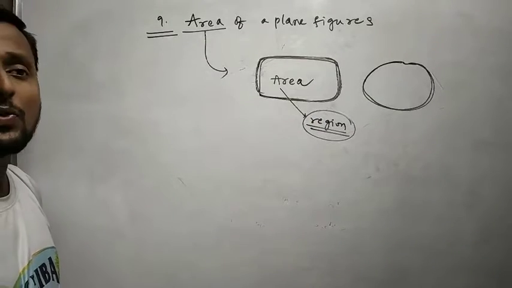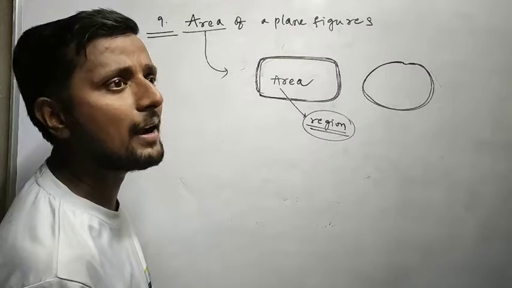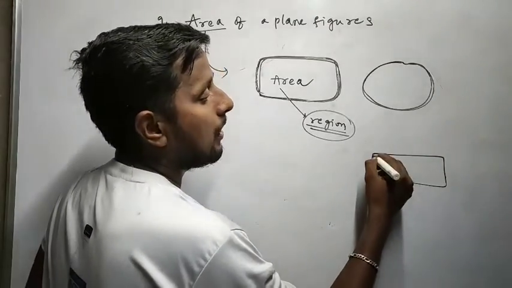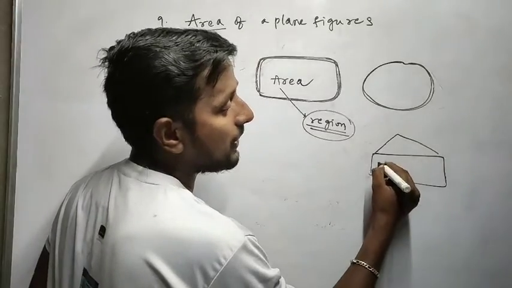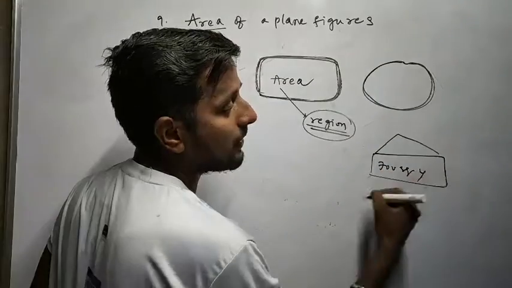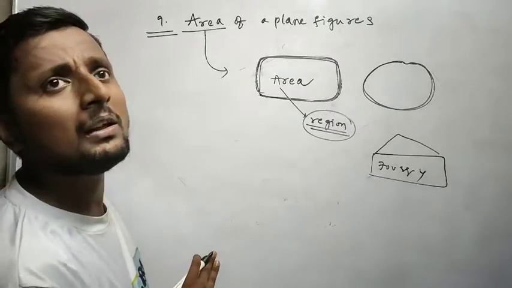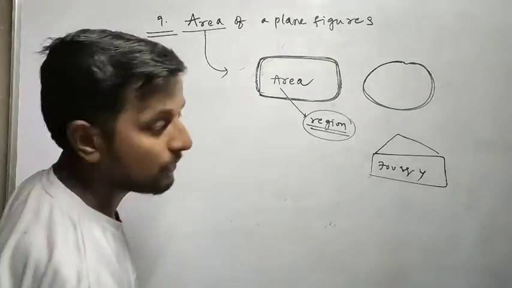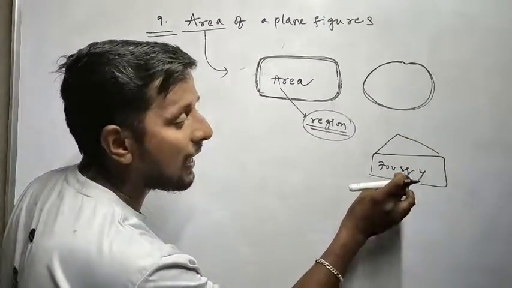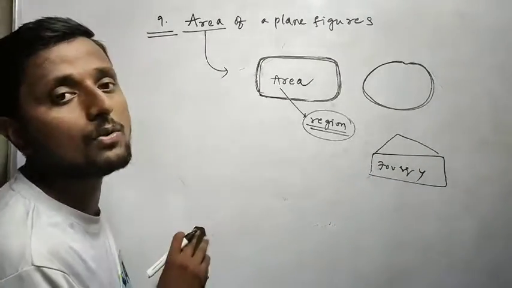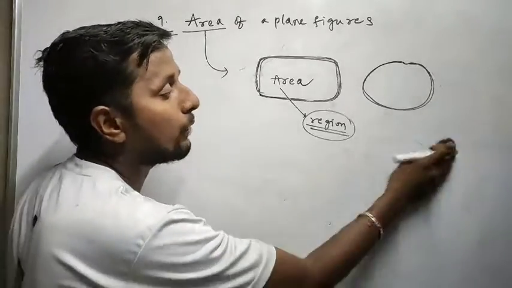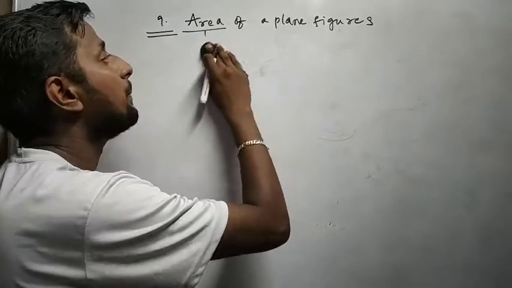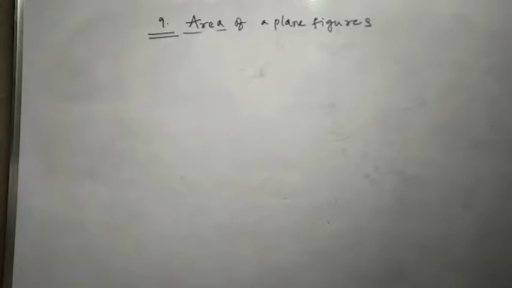Okay, so we know we have fields and lands, correct? So you know your house area, so we can say 700 square yards. Okay, so how will people calculate areas? Based on the shape of the land. If you want to know what formula to use to calculate your house area, you have to know what is the shape of your house. So first we'll see shapes and their formulas related to the area.